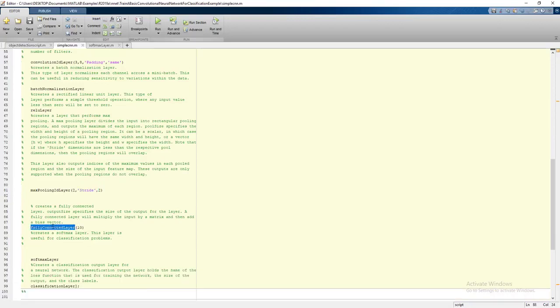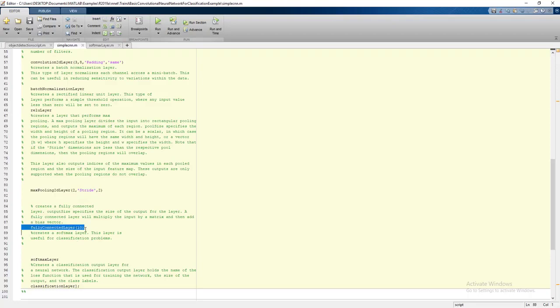Thereafter, we move toward the fully connected layer, because we have a linear matrix of 10 labels. We need to convert all the input features into one dimension so that it can be multiplied with the final fully connected layer.